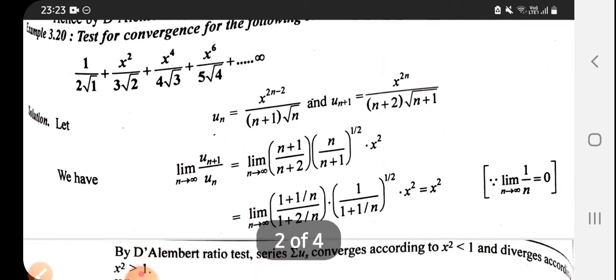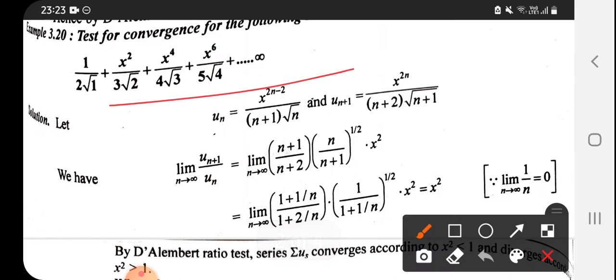Now test the convergence of this next series. This is the general term, x to the power 2n minus 2, an even number power, and n plus 1 under root n. This is un plus 1, n tending to infinity, un plus 1 divided by un. We get this x square,